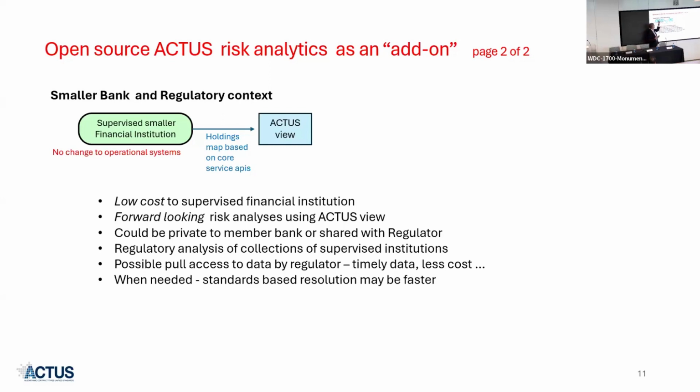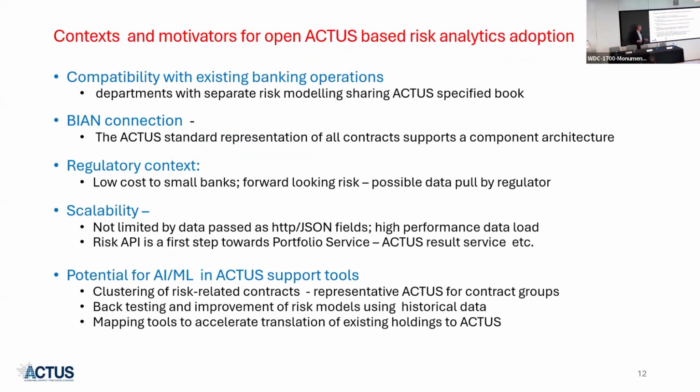Typically the small bank may get some good forward-looking analysis out of this, and they may choose to share or not to share those risk models with the regulator. The regulator may require them to run a particular risk model. So all of those things happen. And a final page, I think. So essentially,